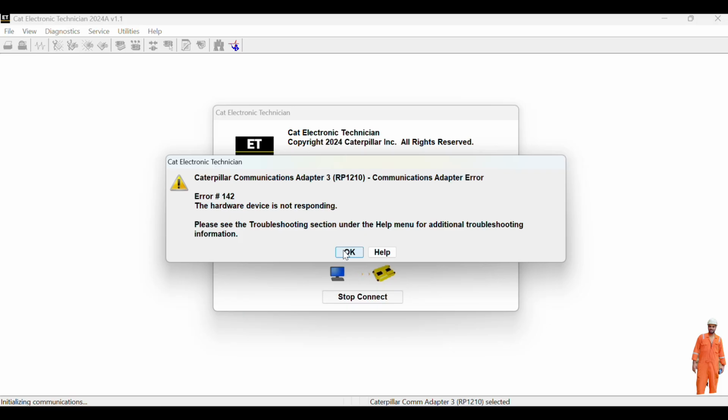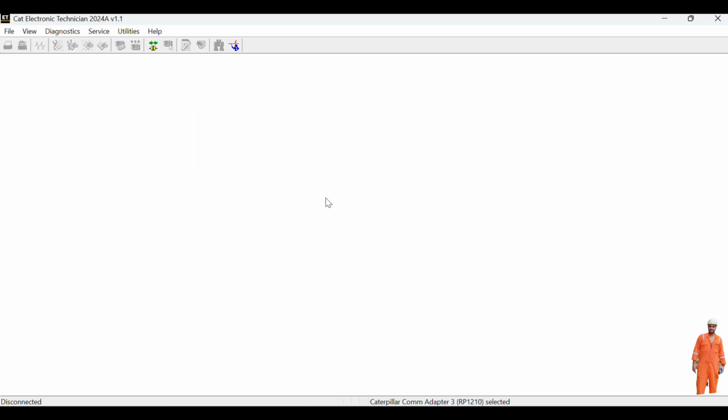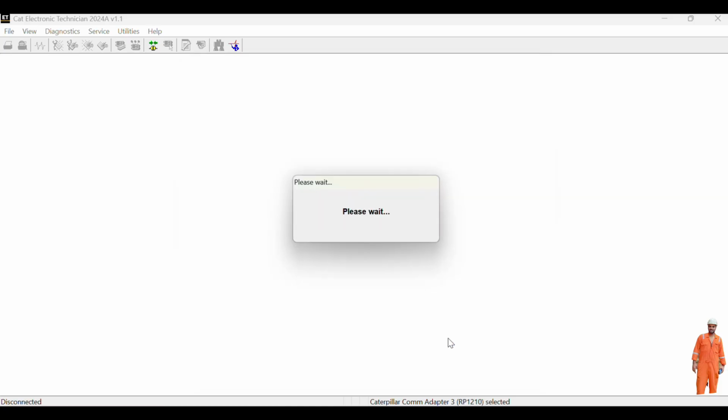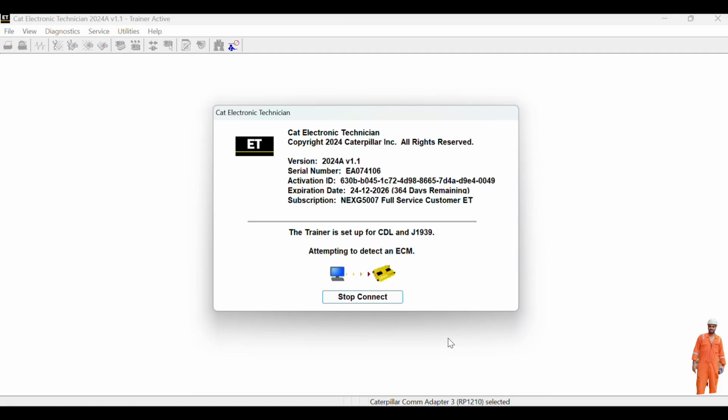I'm just showing you, it is not connected to the ECM right now, so we are going through the trainer module to see. So I'm activating the trainer, enable the trainer. C32 engines, basically all the engines which are C32 or 3512, 3516 or 18, these engines it is used to communicate. Now there are two purposes of this